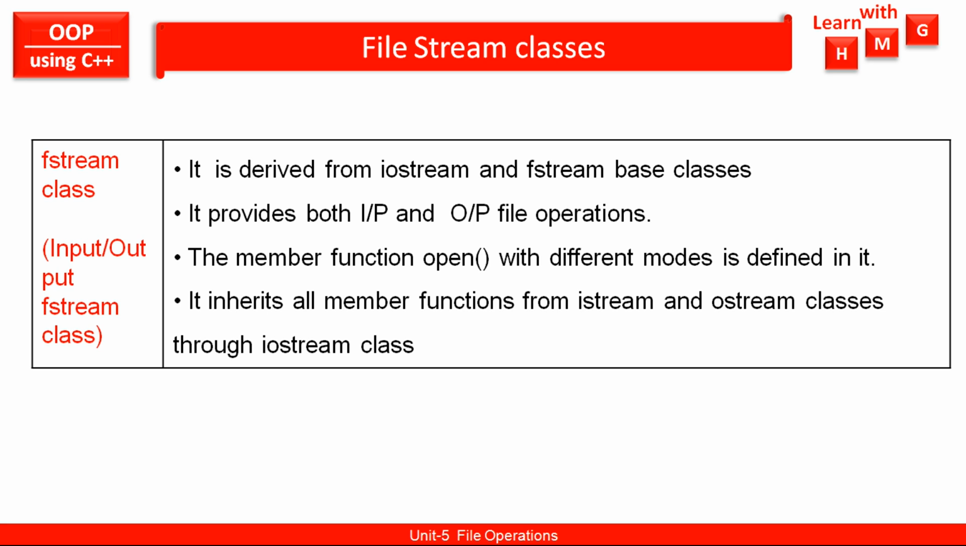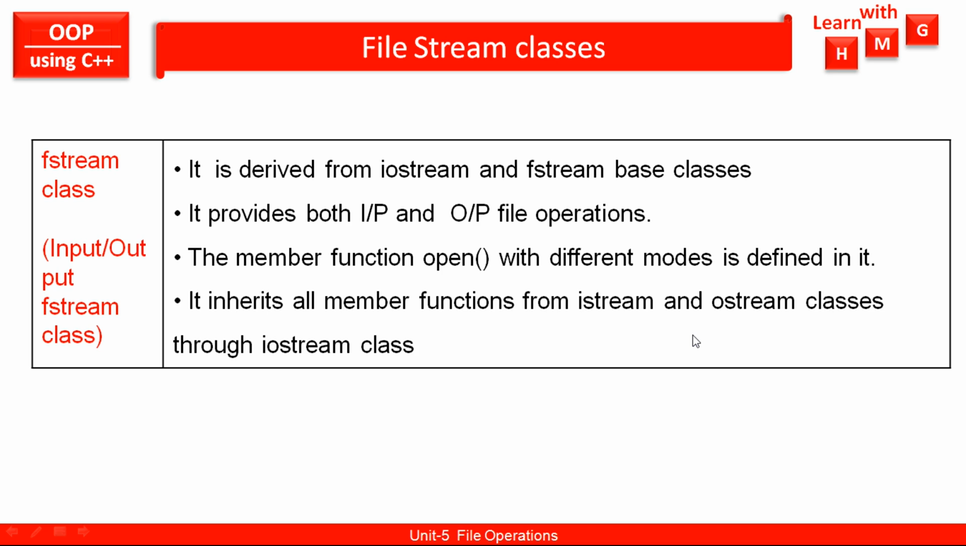Now the member function open is available in this class with different modes. In the case of the input file stream class, we have seen only input mode was there. In the case of the output file stream class, only output mode was there, but here in the fstream class there are multiple modes available to open the file. This class inherits some member functions from two base classes, that is istream and ostream classes,